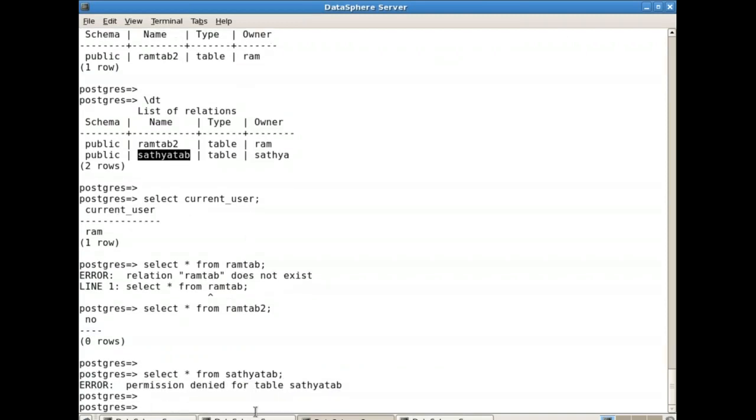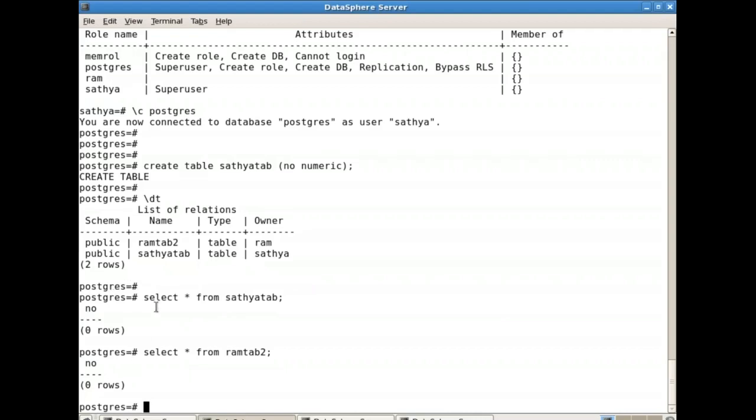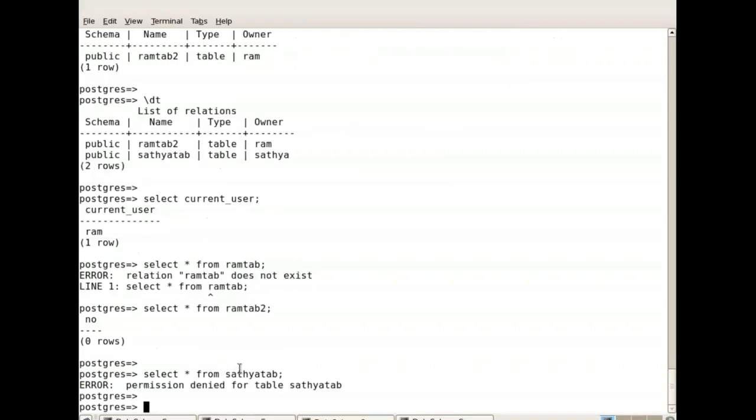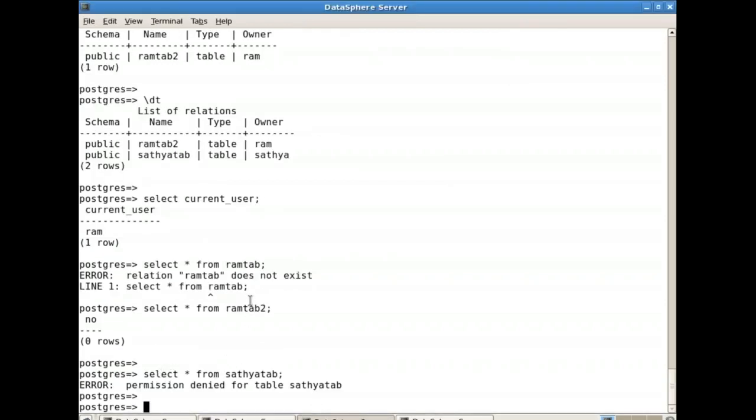Okay, so here Satya, the current user, is able to perform activity on Ram's tab and Satya's tab, because Satya is a super user. But Ram is not a super user. Ram is a normal user. So whenever Ram is able to connect, so OS authentication is done, he will be able to